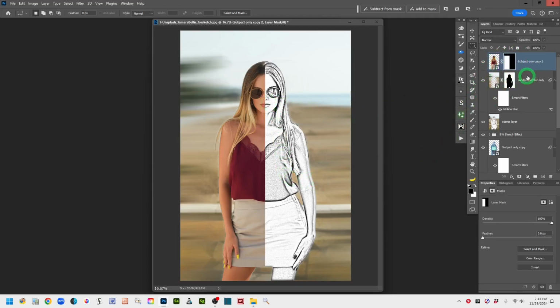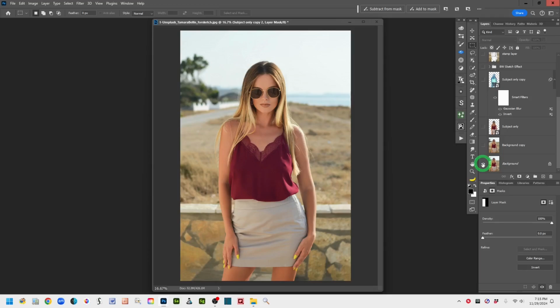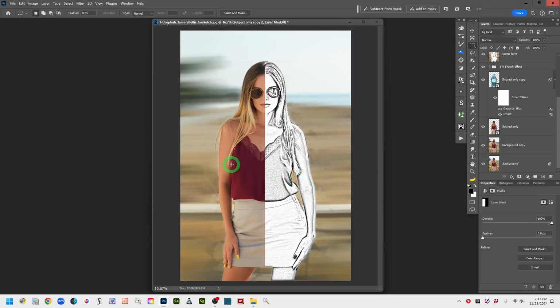So we can see if we come to the bottom of the layer stack, we have gone from the original photo with the full landscape background to a half photo, half sketch effect. And then this, as I said, in this demo, I'm showing how you can keep your background if you have an interesting background. In the next demo, I'll show you how to replace it with a solid color if you want to do that. So this is the end of demo number 1 to create a half photo, half sketch